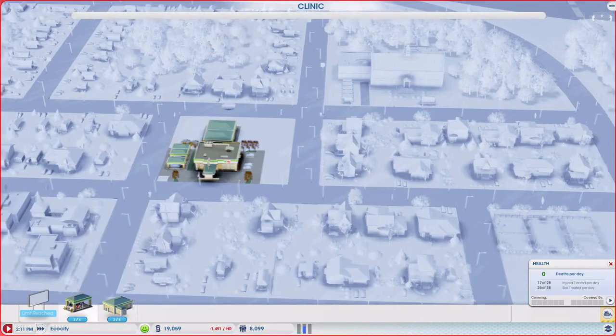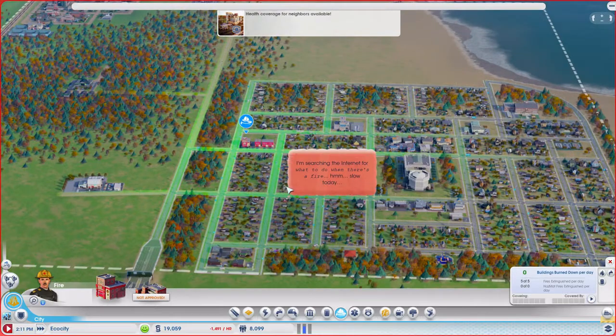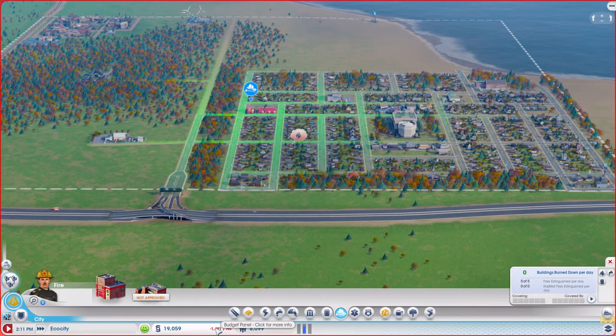How much are they? 10. No, we'll keep it at 1. So what you'll see now is that we are set in a way. Our per hour has gone down majorly. However,